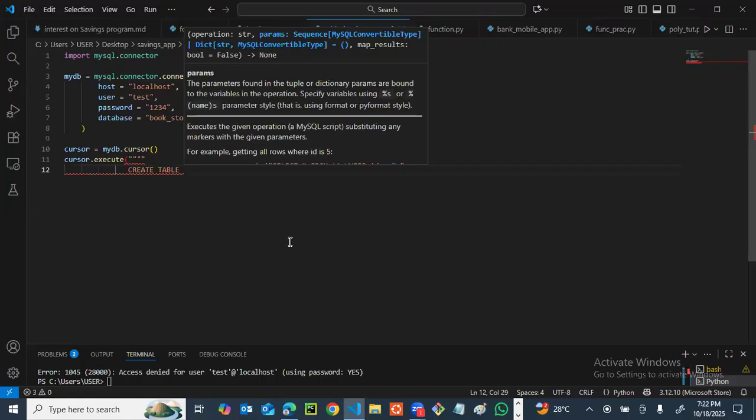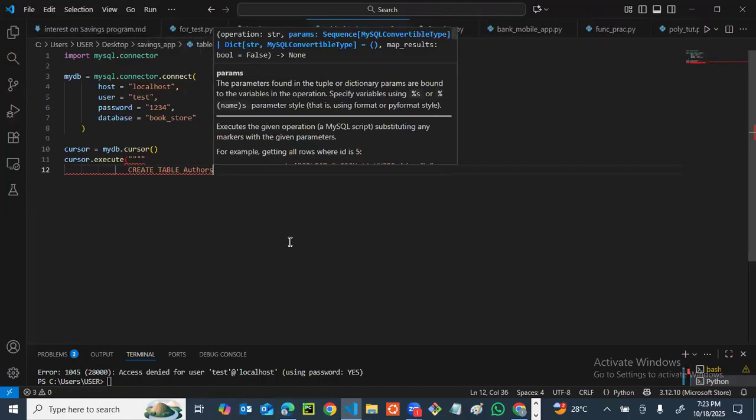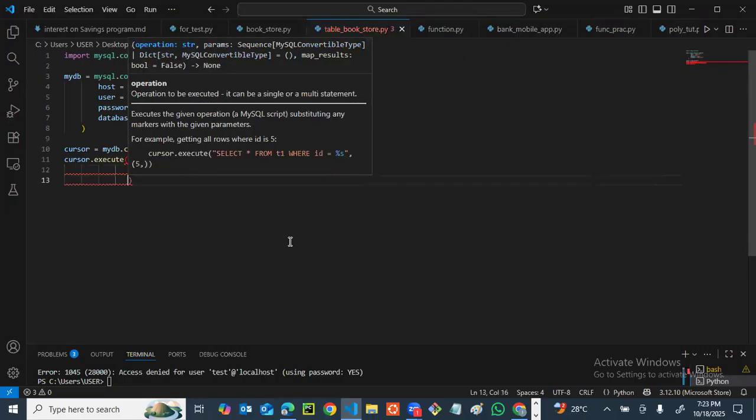So now, as per the syntax, once you say create table, the next thing you want to state or specify is the what? The table name. In this case, the first thing we'll be creating is, okay, let's say author. So authors. Since we are creating this table for authors, you can now say here that